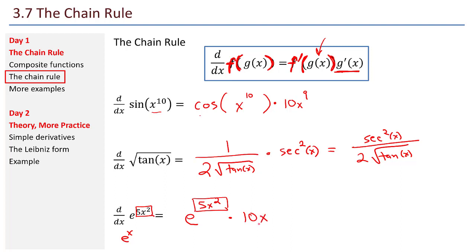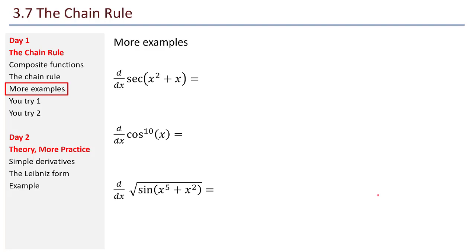How about some more examples? The derivative of secant of x squared plus x. The derivative of secant is secant tangent. So I'm going to write secant, leave a little blank, tangent, leave a little blank. What goes inside that is not x, but in fact the original inside: x squared plus x. And then I need to multiply times the derivative of the inside. So times